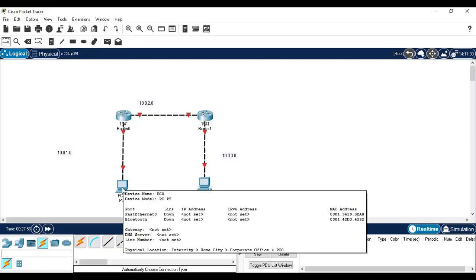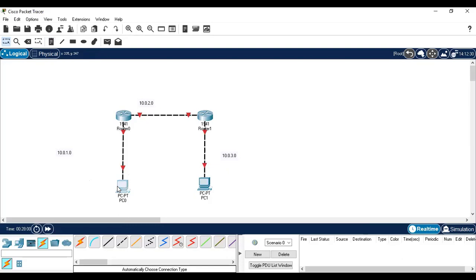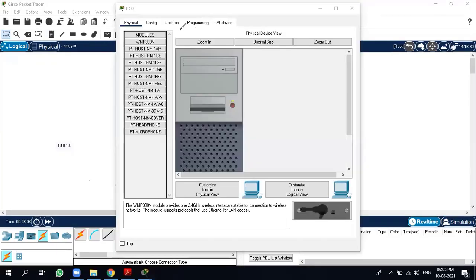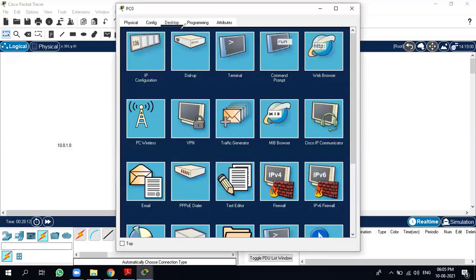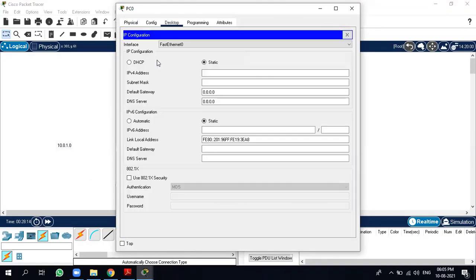So to configure the PC, simply click on PC0. It will open up a dialog, that is this box. We need to select the desktop tab over here. After selecting the desktop tab, go to the configuration option, that is the IP configuration option, and here assign the IP address.